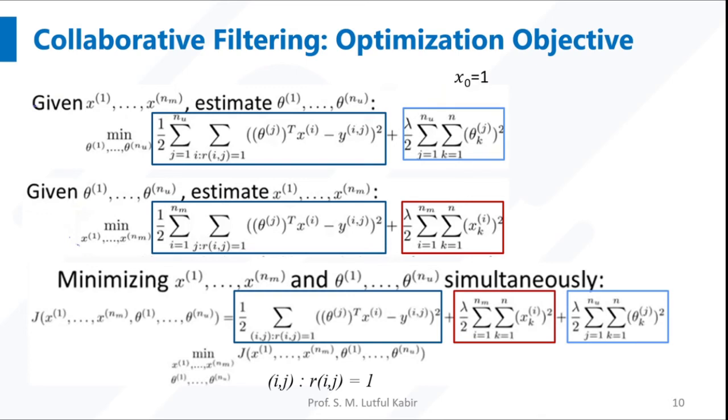So let us discuss the constant term. In the previous case, x0 was considered as 1, and we also considered theta 0. But in this case, you just ignore the x0 equal to 1, and also the dimension of x was n plus 1. Now the dimension will be only n. What happens in this case? Automatically the values will take up x1 up to xn, and one of the x's could be 1. After the optimization, it may be close to 1. So it will be a naturally constant value, but you don't have to force the value 1 onto one parameter for this